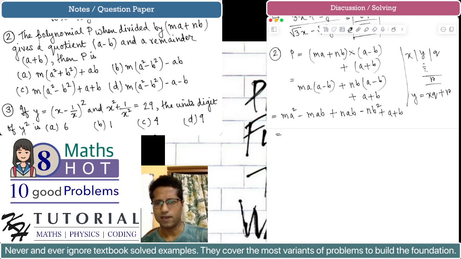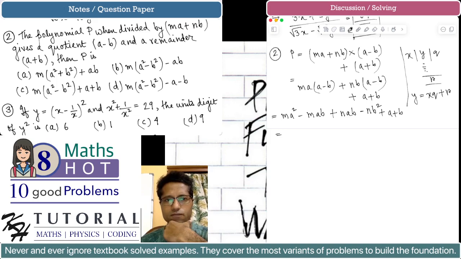I mean, you can possibly take some common and do some further simplification, but that is not the important thing. The important thing was to understand the question and solve it and get the correct expression. Now you can simplify the expression further. That is not a big problem. It is not that important. The concept was to